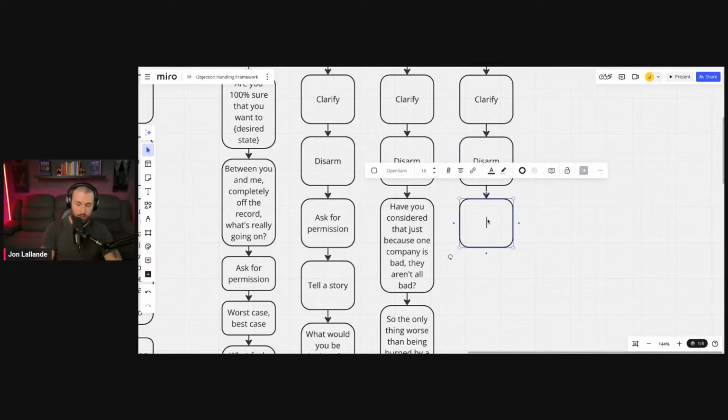And then we're going to ask a commitment question. Now we're going to ask this a slightly different way because this is the one thing that's getting in their way. It's just the commitment. It's just the change, right? So what we're going to do is we're going to say, are you 100% sure that you want to change your situation so that you can repeat back the desired state?